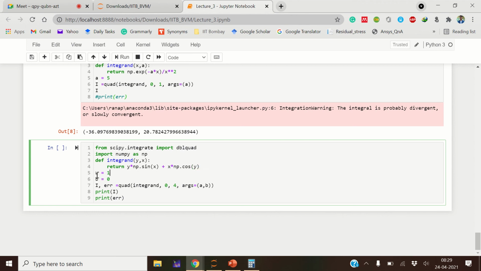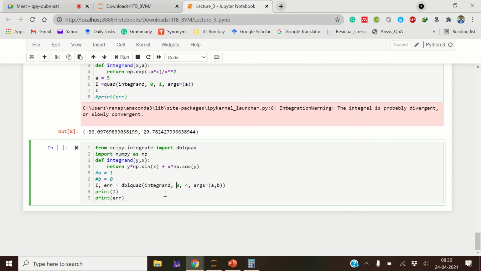And in our case, there is no a and no b, so we have commented that thing. Now let's calculate the integration. Instead of quad we have used dblquad, so we have to write dblquad over here also. Now that's the integrand. Now our limit is